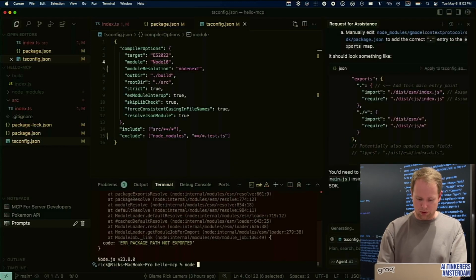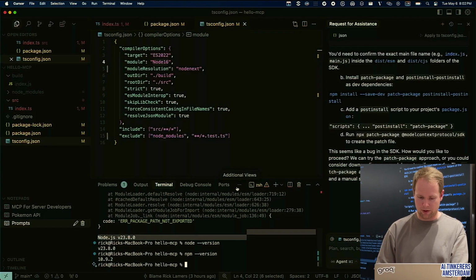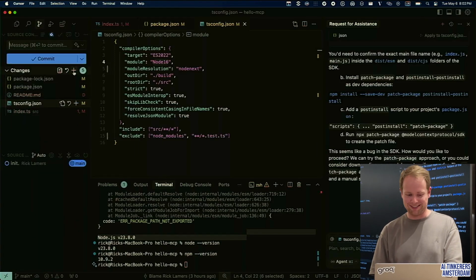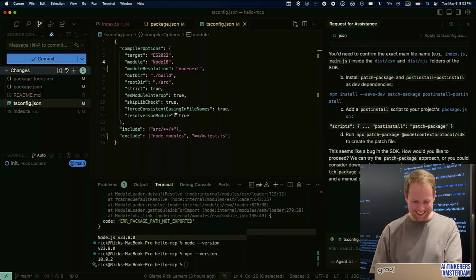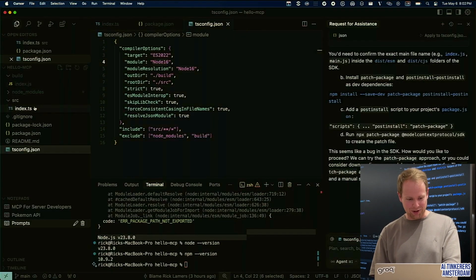Which version of Node are we using? I'm going to cheat. I prepped this demo properly, so I actually